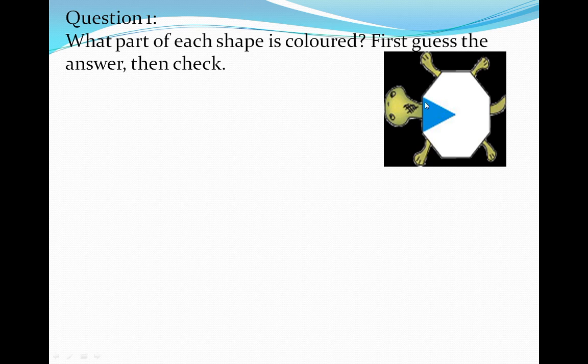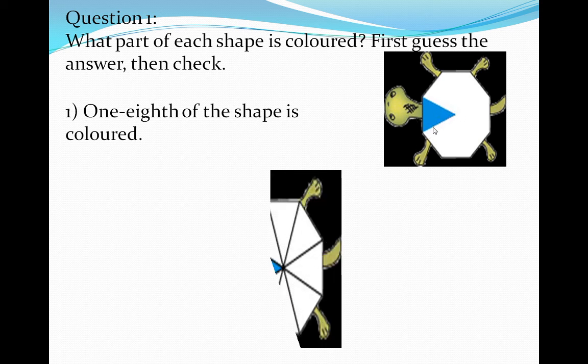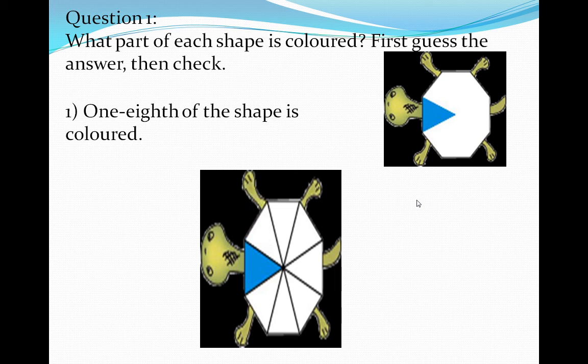Okay. Like this blue triangle, you can draw many triangles. This triangle acquired these sides. This is the first side, second, third, fourth, fifth, sixth, seventh and eighth. So there are 8 sides, and one side acquires one triangle. So 8 sides will acquire 8 triangles. Look at here. 1/8 of the shape is colored. So out of the 8 parts, one is colored. In this way, we can show that.